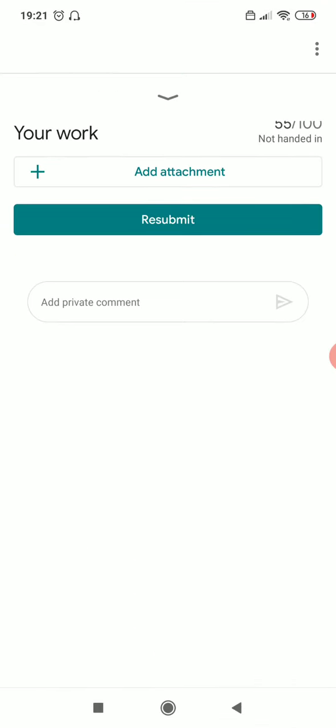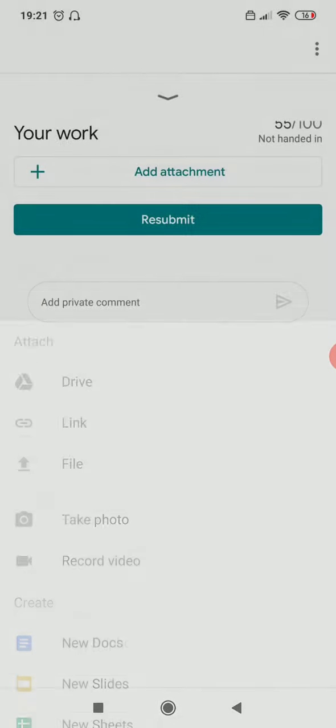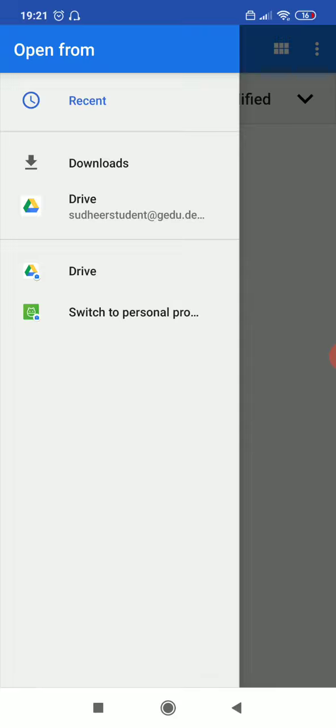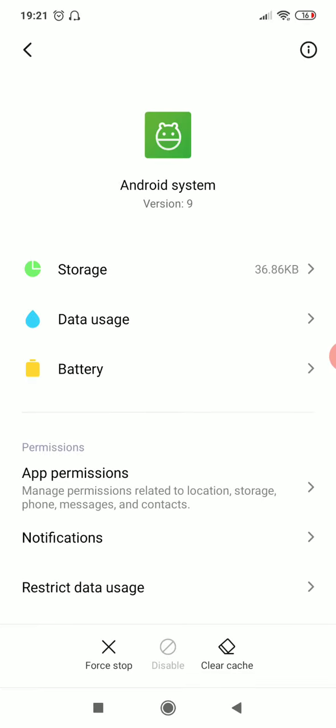So student can submit their work by adding attachments from their files. If the attachment is in your personal memory storage, make sure you are clicking on the switch to personal profile.